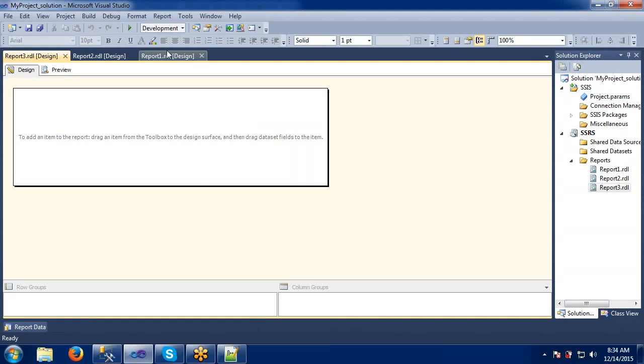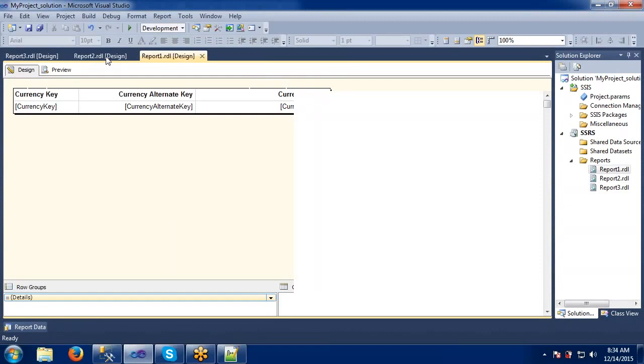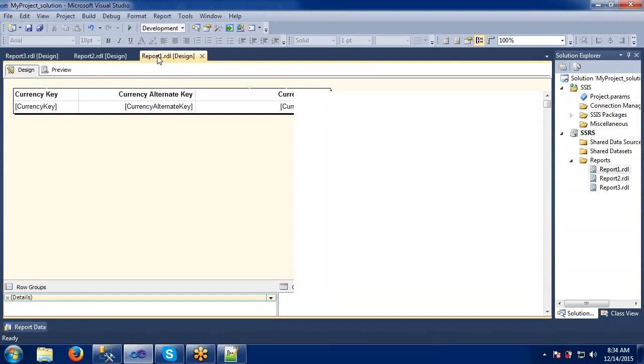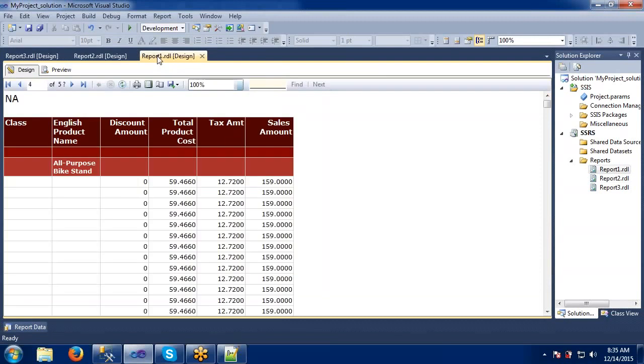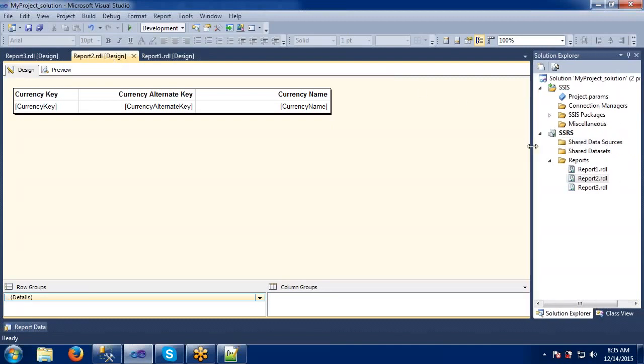So this is how we can create sample reports and generate a report. Okay. So this is the basic and simple introduction to SSRS. In the coming sessions, we will be starting more on report design. What are the options available in the reports? We have seen one more option, data source, right? Shared data source. All these things we are going to see in the coming sessions. Okay.